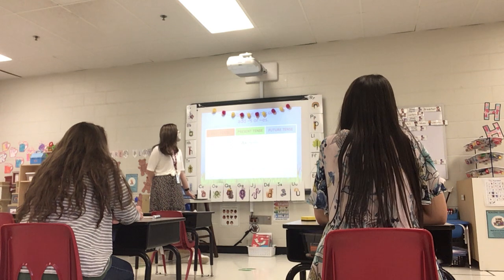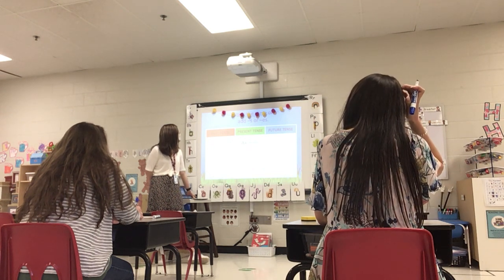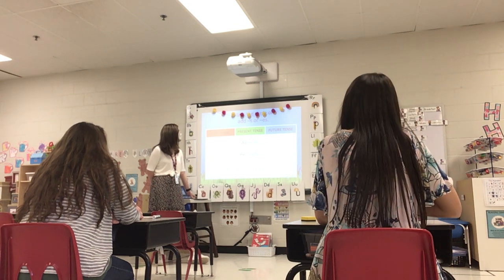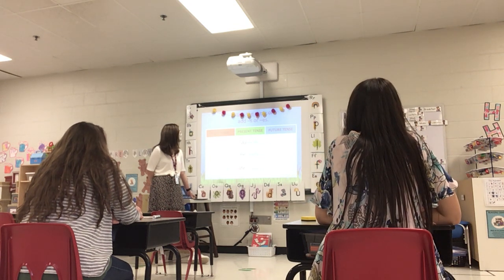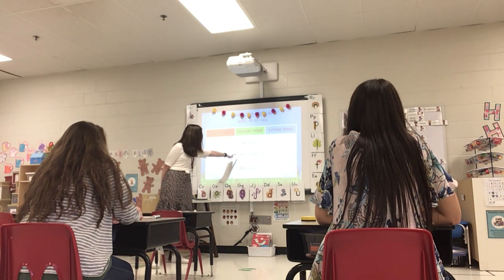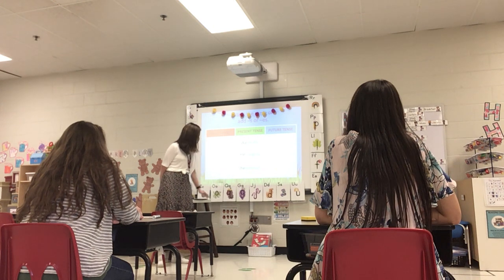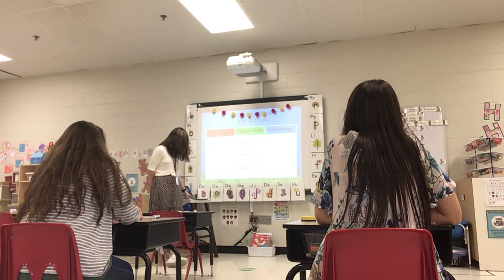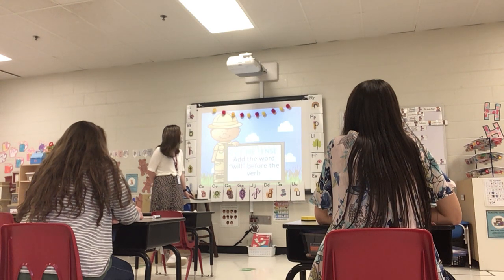All right, help me read these verbs. We walk. What's that one? He laughs. What about that one? She wishes. So this one doesn't have an S, this one does, and this one has ES. So sometimes, depending on the word, we use different endings. In the future tense, we add will before the verb.